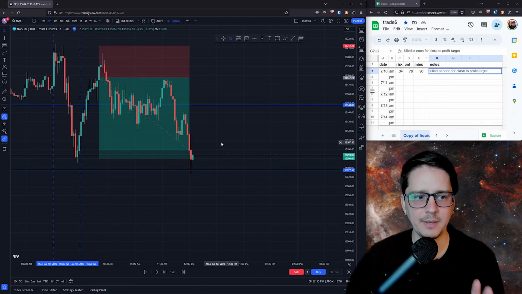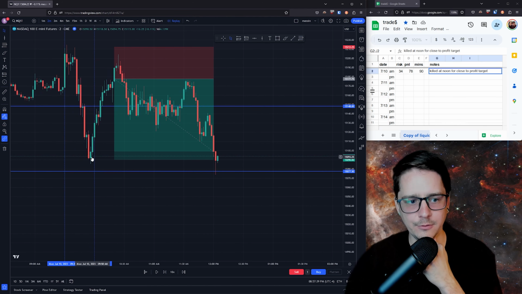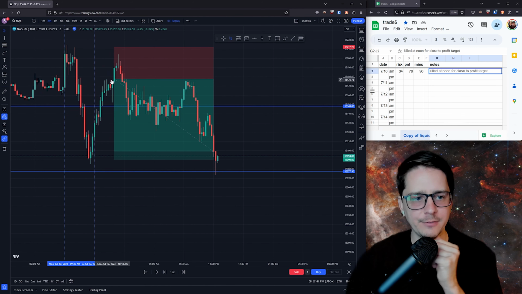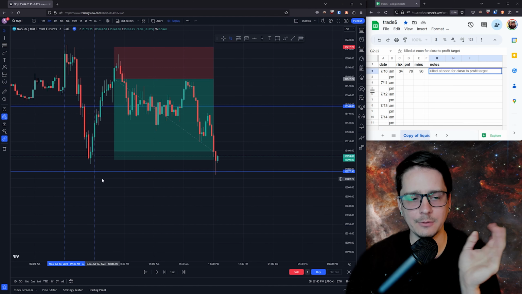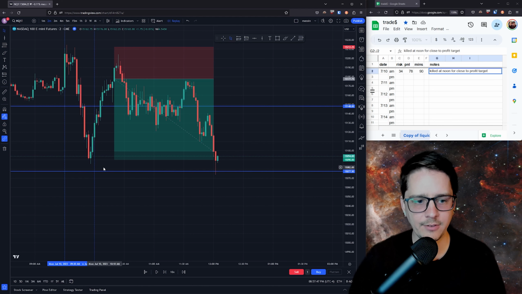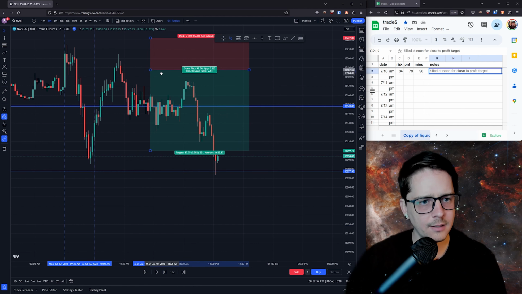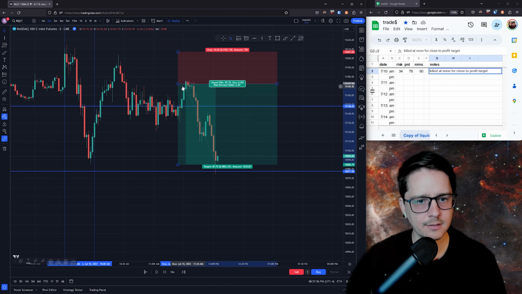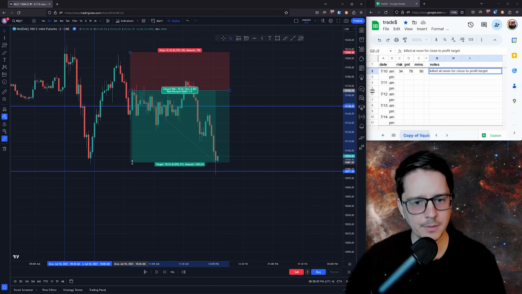Real quick on this day, because this was the day that I skipped, I thought this move invalidated my trade for the day, that we already came down to my target, but we never took out sell side. My rule is if there's liquidity available, we can still take a trade. So this was the first opportunity. The next opportunity was right here, this fair value gap. So you could put a short right there. We would have been risking more, 41 points, but we would have